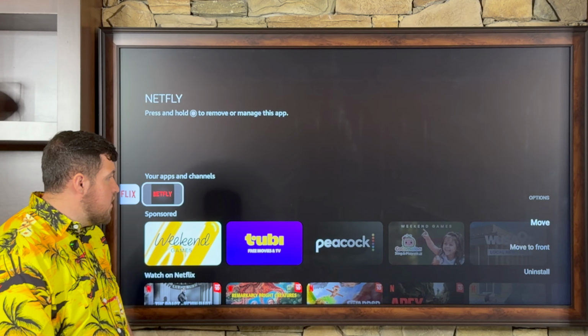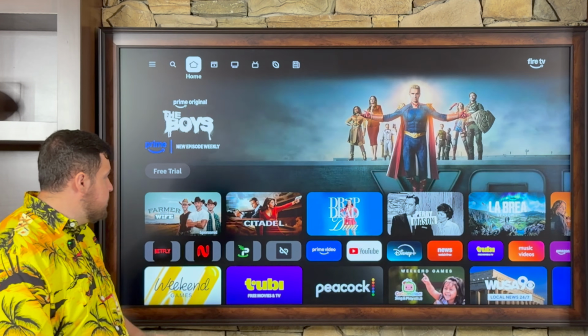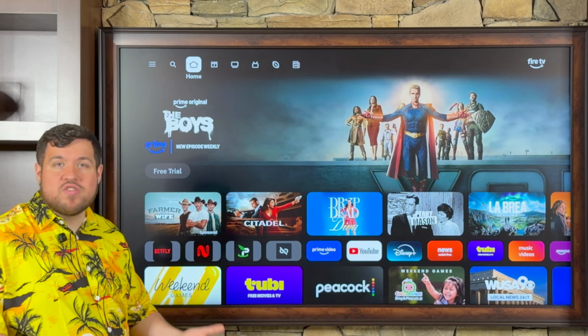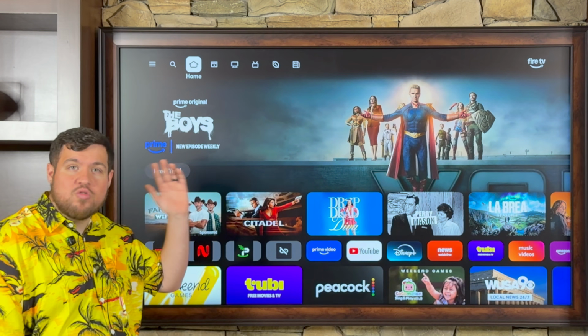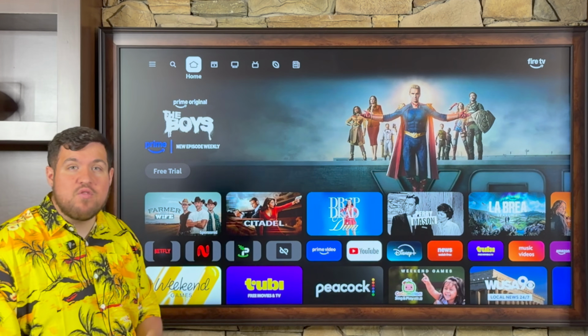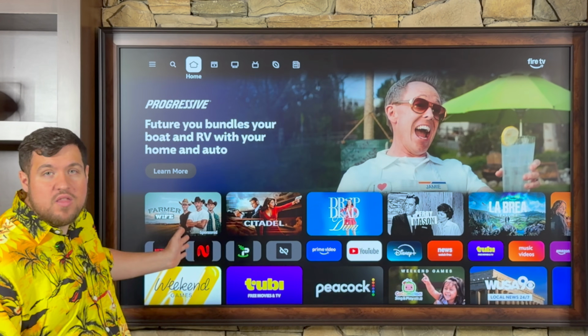Hold my center button and move to front. Now that we've done that, I'm going to click my home button. And as you can see, those applications are front and center. You no longer have to scroll to the very end of the list. Every time that you turn on your device or press your home button, they're going to be the very first